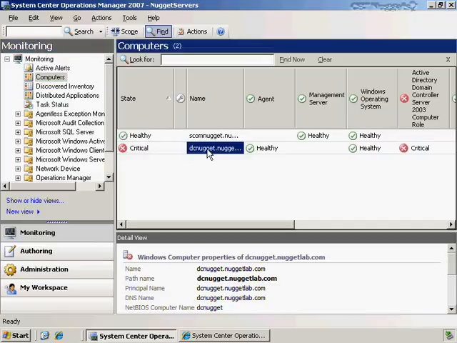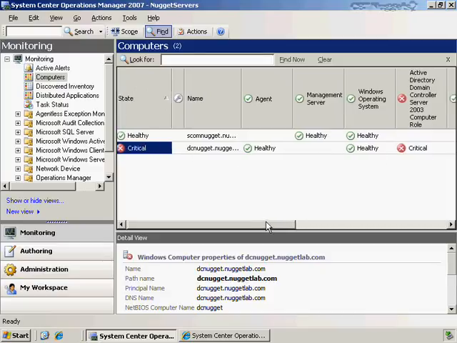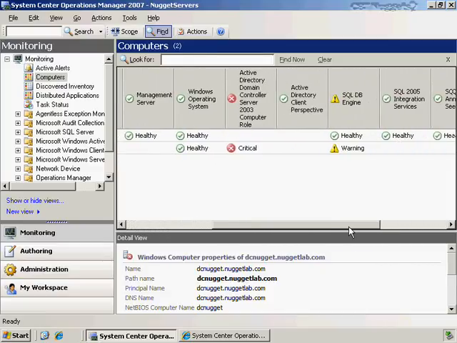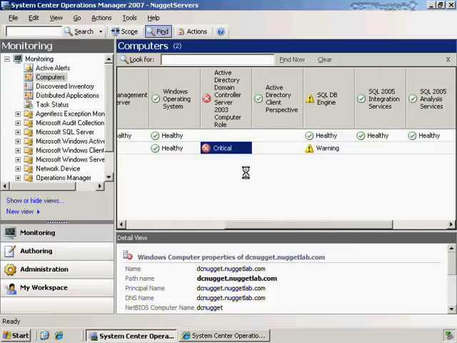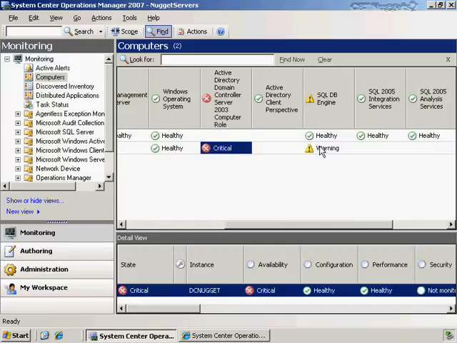Well, we need to figure out why. Now you'll see here under the Computers node that we have a number of different states for that computer, and we see critical here associated with the overall state of that computer. But if we scroll over to the right, you'll see that we have a number of elements where we're healthy and a number of elements where we're finding, well, perhaps we're critical, or perhaps we're seeing a warning associated with